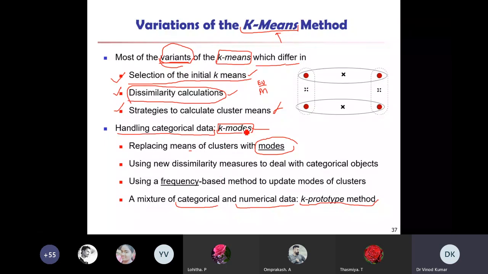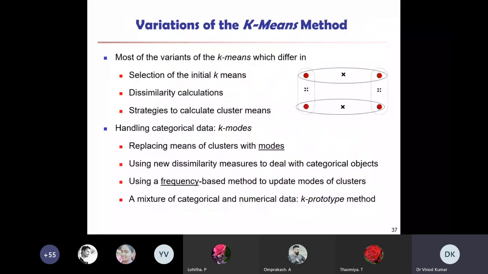So these are the different possibilities in handling categorical data. Based on these statistical terms, one more term you can use. Here k-mode is there, and we have seen k-mean. One more statistical term that is very common, can anybody tell a similar term? Median is also there, so you can also write a k-median algorithm. And what else, any other method? Medoid is there. Like this, so many variants you can get.